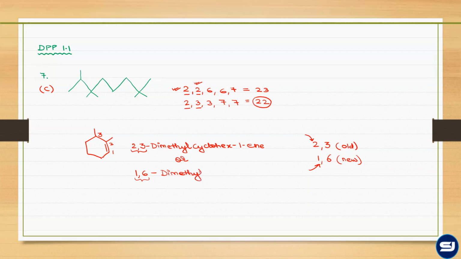Very clear with this? So this is the same thing I told you above with the order of preference. Clear? Now if we say more correct, then here as per the new rules this will be considered as a more correct name. Meaning if there are two options and you have to choose the correct option, then this 1,6-dimethyl cyclohexene would be the more correct name.